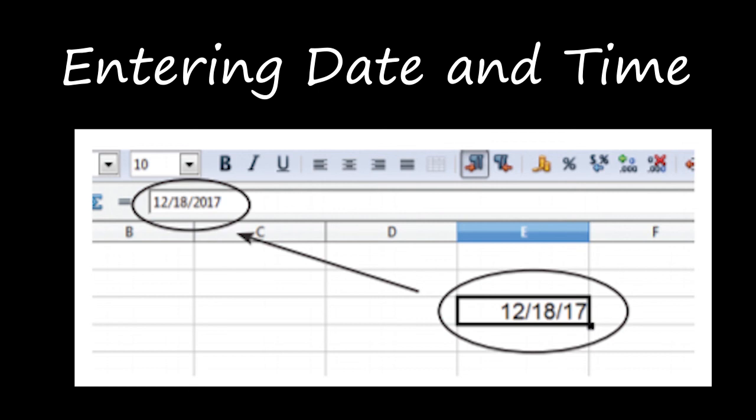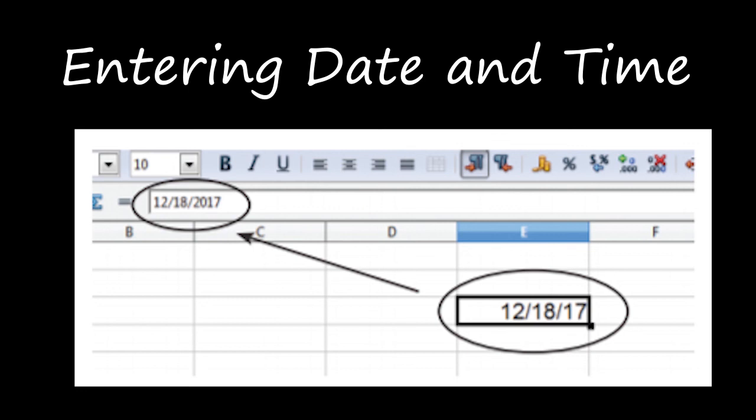Next, when you enter a date and time, you have to ensure the format of your system, right? In your computer, a format will be set for date, month and time. The Indian date format is date first, then month, then year.